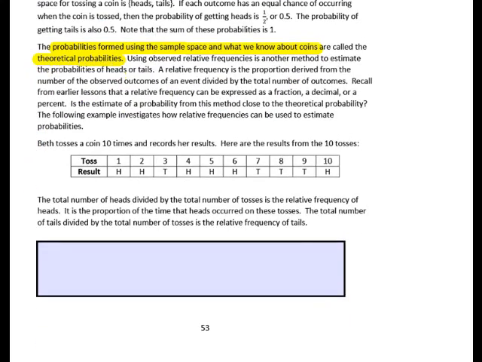Beth tossed a coin 10 times and records her results. Here are the results from the 10 tosses. The total number of heads divided by the total number of tosses is the relative frequency of heads. Let's write that down. The relative frequency of heads is equal to the total number of heads